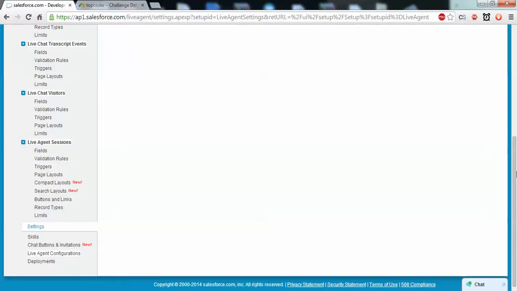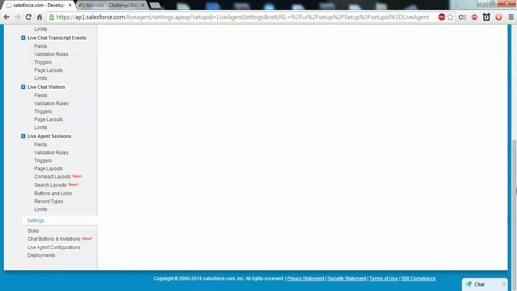Session will store the times once a visitor has requested an agent. But for us, we need to create a waiting queue, so we need not consider all this. We just need to enable Live Agent.